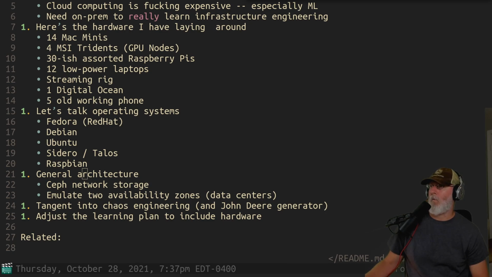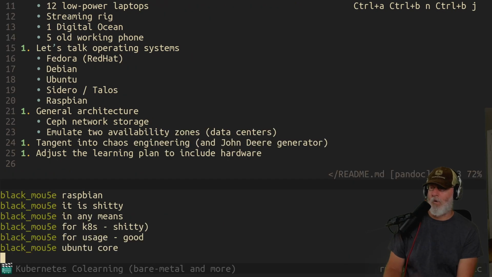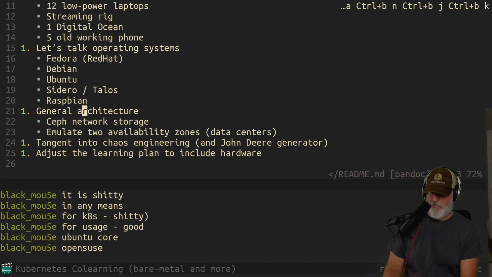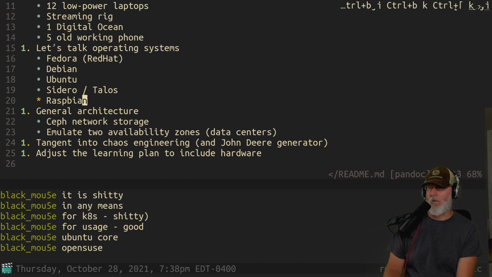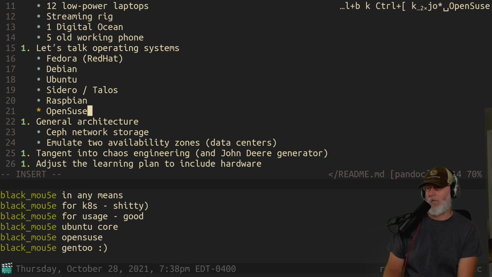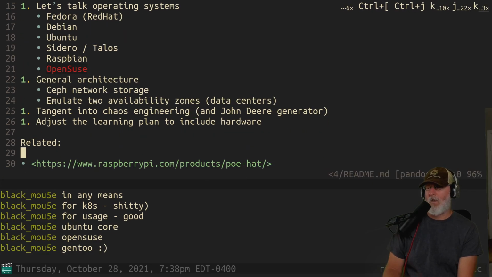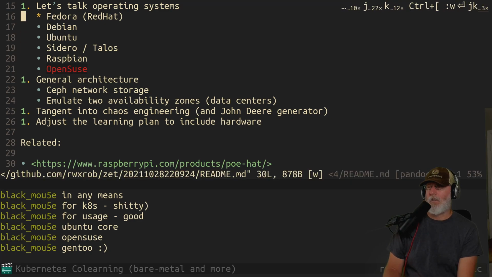Ubuntu Core. They're not supporting that anymore. Did you hear? Yeah. They're not supporting their core or tiny images anymore. Yeah, I heard something about that. OpenSuse. Yes, we need a SUSE in here. Do you want OpenSuse or should we do actually just SUSE? No, we're not building a Gentoo system. I mean, I could.